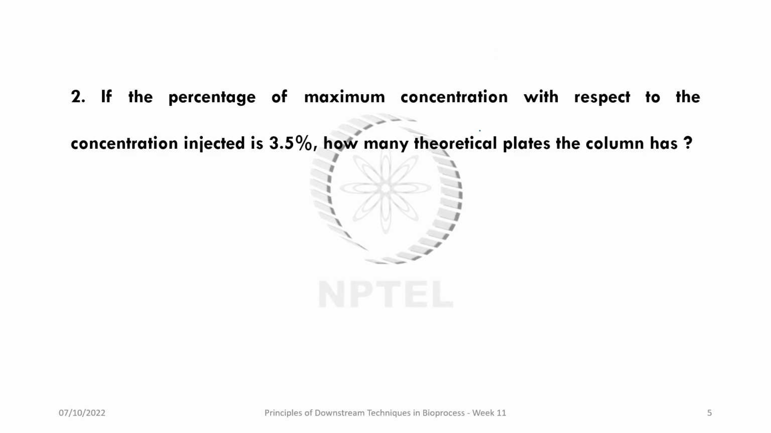If the percentage of maximum concentration with respect to the concentration injected is 3.5%, how many theoretical plates does the column have? Right? So when you have,